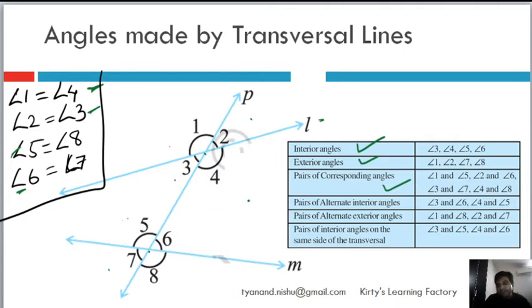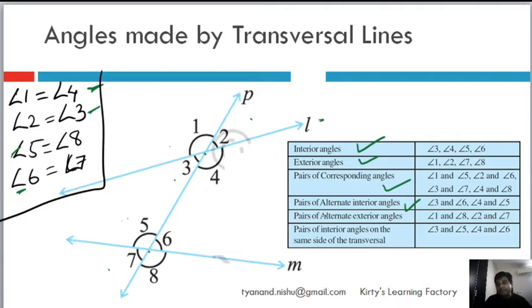Now we have already learnt interior angles. Angles 3, 4, 5, 6 are interior angles. Now in this we will see that 3 and 6 are alternate interior angles, right? And 4 and 5 are alternate interior angles, right? Why alternate? Because they are not on the same side, they are on the opposite side. So these are interior angles, but they are alternate interior angles. So 3 and 6 are alternate interior angles, 4 and 5 are alternate interior angles. Okay,